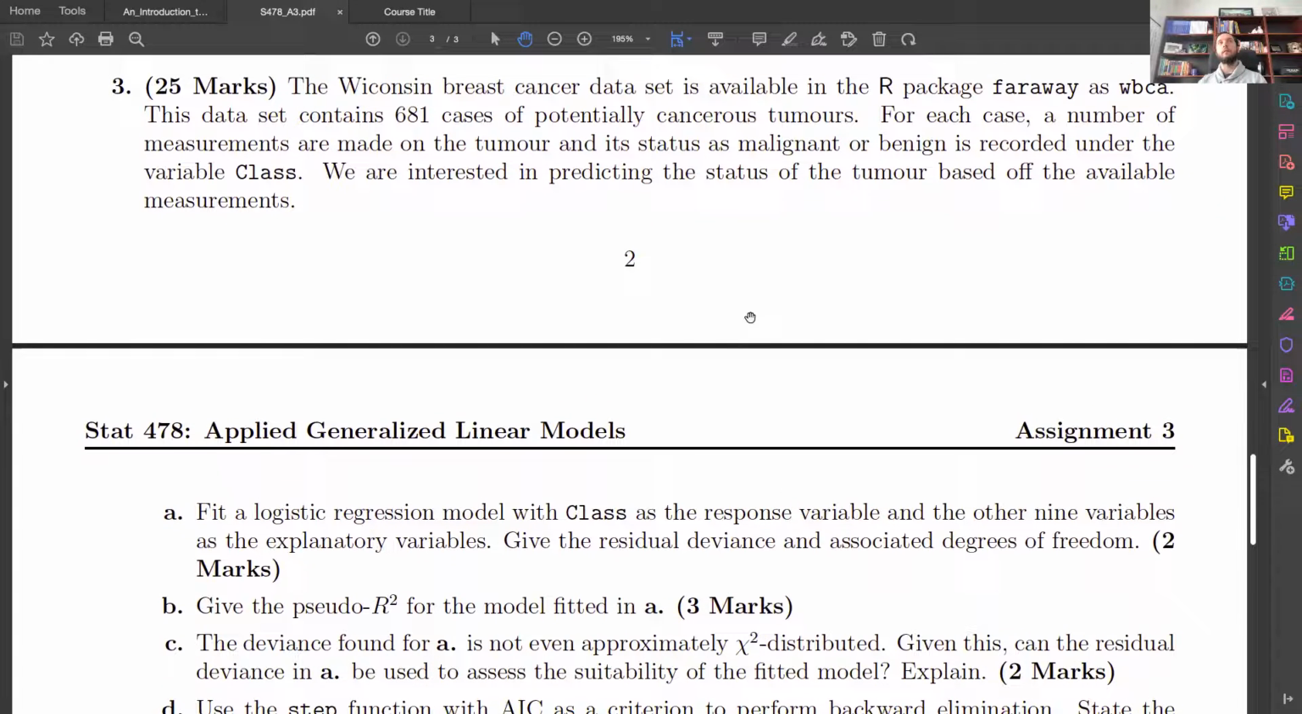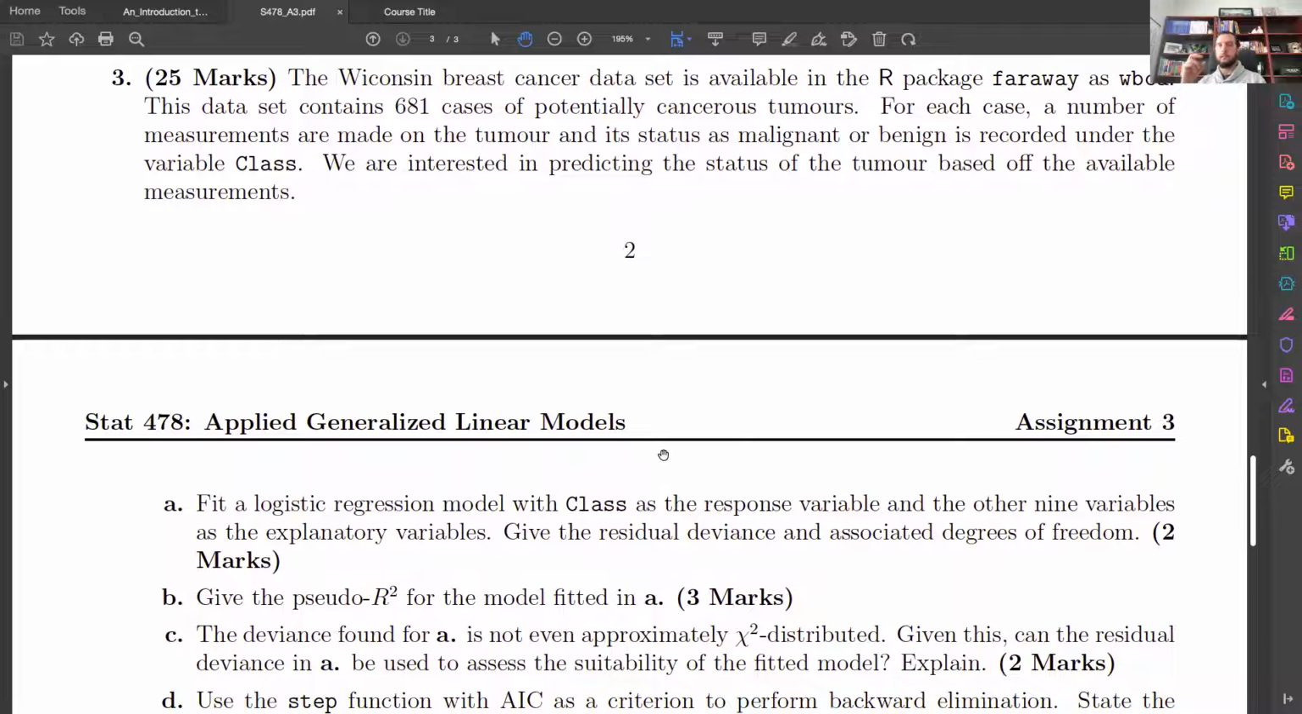The goal of this particular study is classification. So we are going to be using our logistic regression model to determine whether or not an observation has a malignant or a benign tumor. Okay, so this variable class, which is associated with the data set WBCA, it has a 0 or a 1 status where,